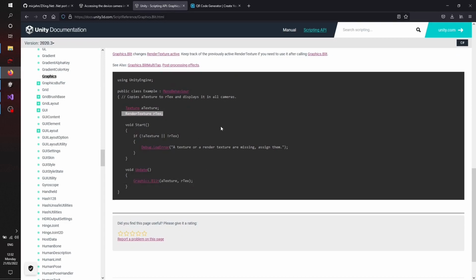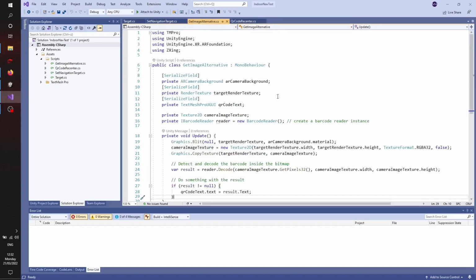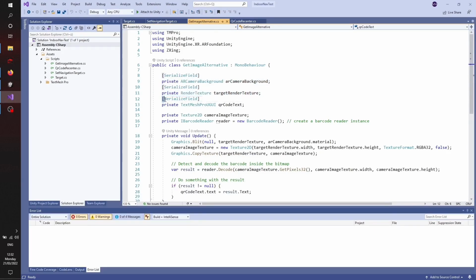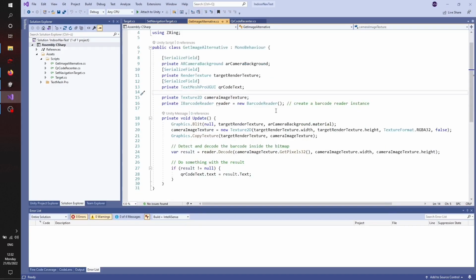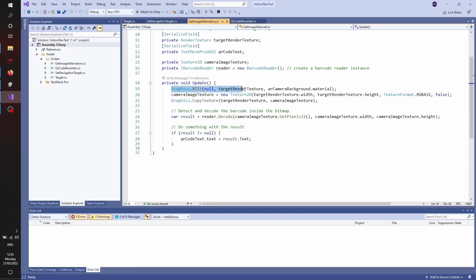You will need a render texture for this and a normal texture, and just copy everything from the camera to the render texture. I placed it here in the get image alternative. You can use the AR camera background here, a separate render texture, and maybe some kind of text to show the scanned QR code. And here you go, creating a texture for the barcode reader using ZXing, calling